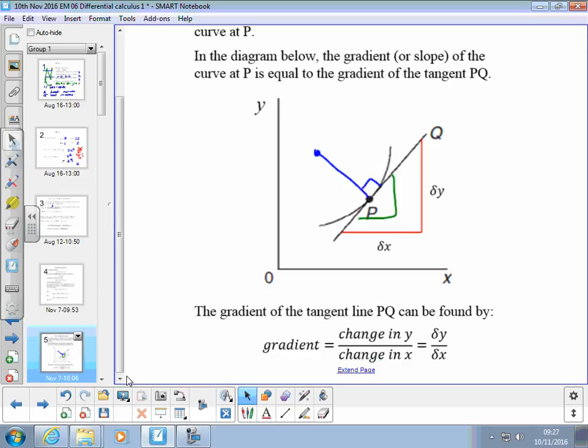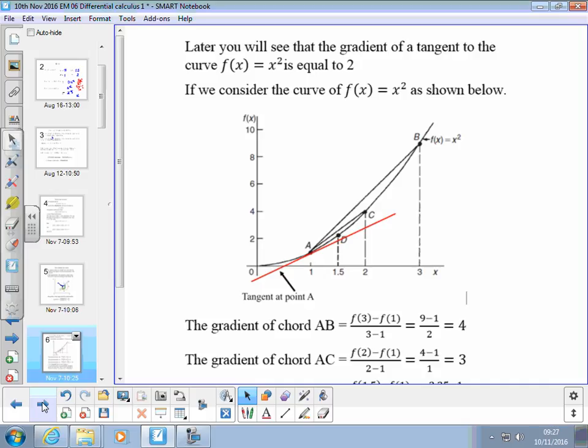Right? So the slope is change in y over change in x. Yeah? So the rate of change of y with x is the slope. Next page. Later you will see that the gradient of a tangent to the curve f(x), if that function is x squared, is equal to 2. So effectively, the gradient of x squared is equal to